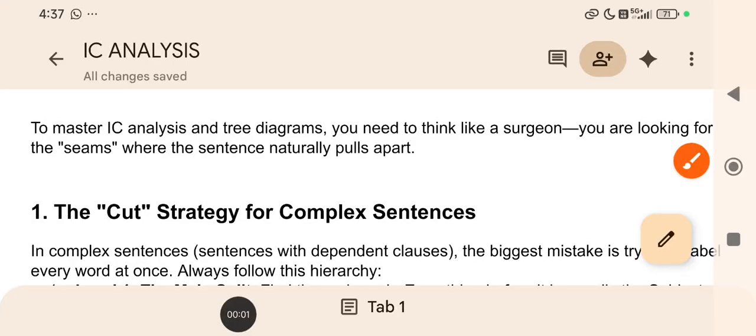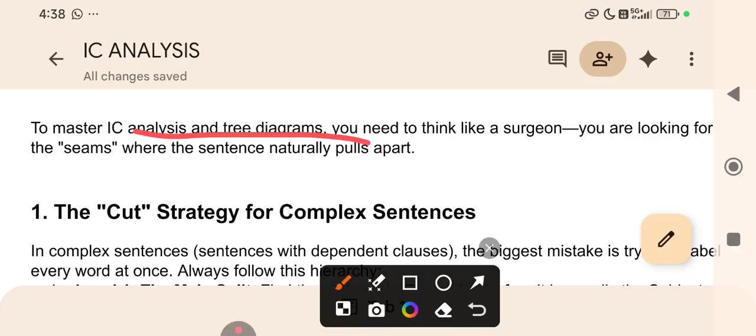Hello, students. This is a video on IC analysis where we'll see how to identify the phrases. The main concern is how to identify the phrases and how to analyze the sentence through a tree diagram. So let us start. To master IC analysis and tree diagram,